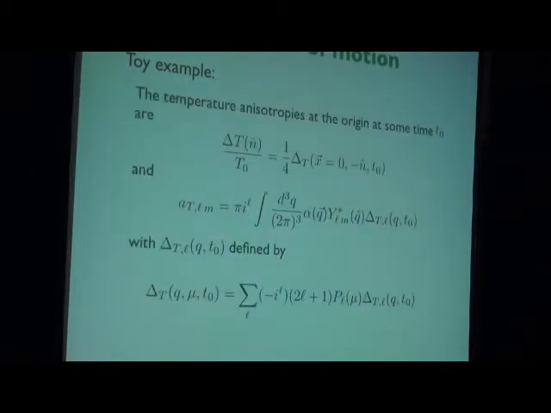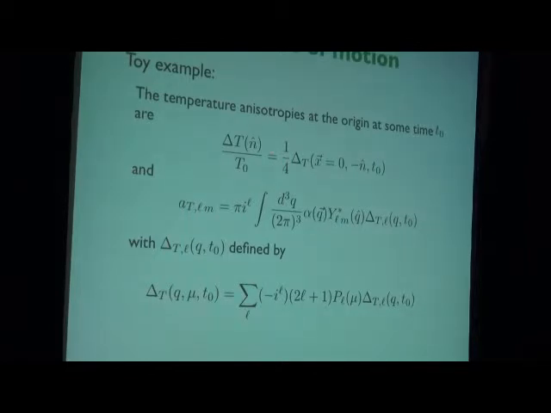Okay, so then let's say we now want to compute our temperature anisotropies at the origin and at some time t0. Then the way we've defined everything, this is again the thing in real space, delta T over T, this was just our definition: delta T at the origin, and then the direction of the photons is minus the direction I'm looking in. So this is the quantity I'm interested in if I want to compute temperature perturbations, and if I want to compute the ALMs, which is what we want to do for the CMB,